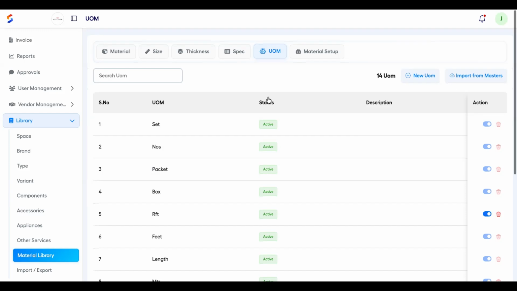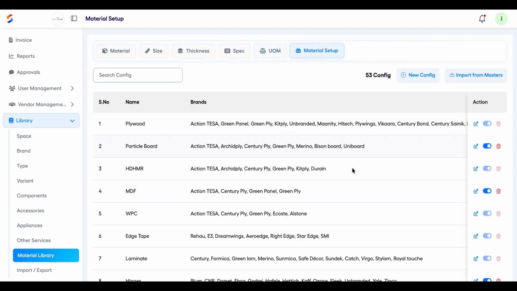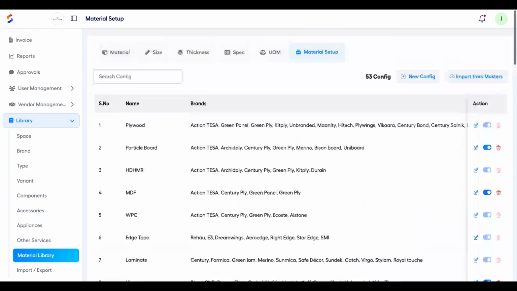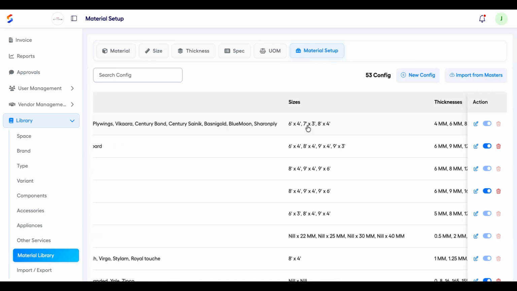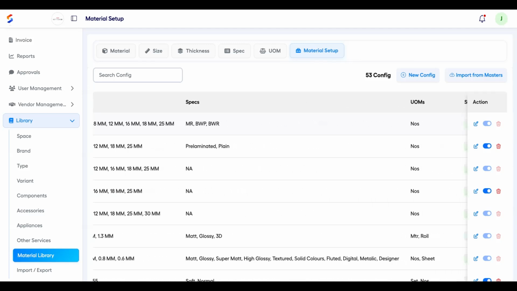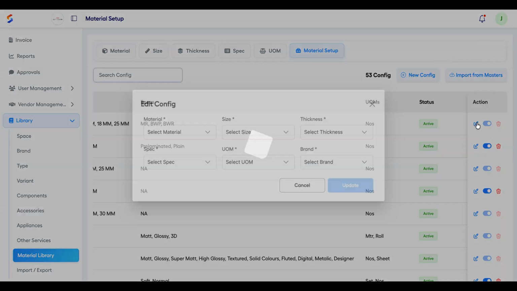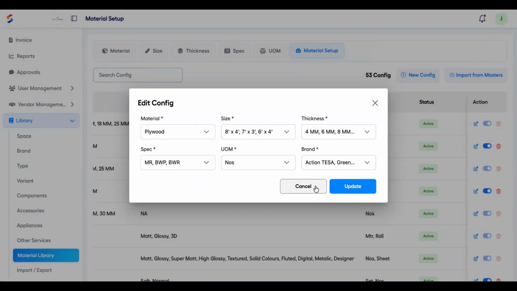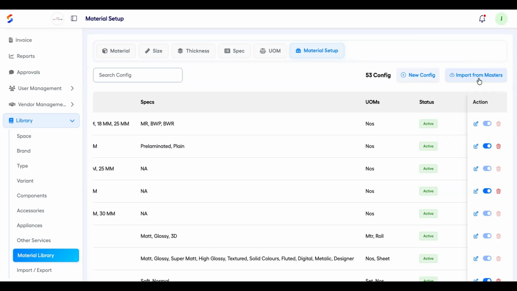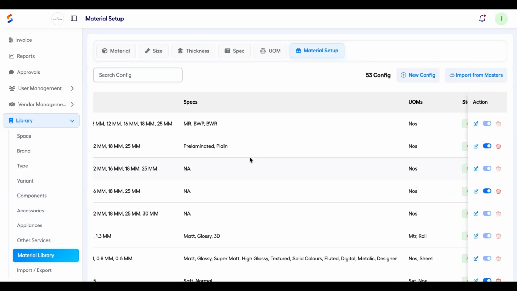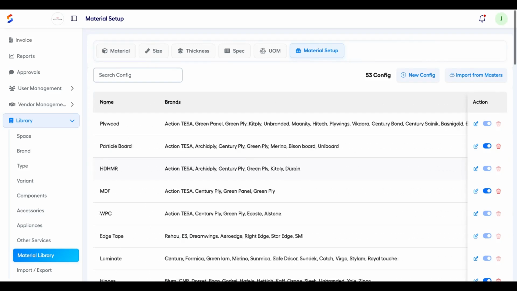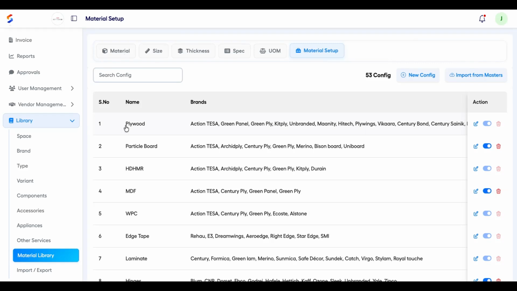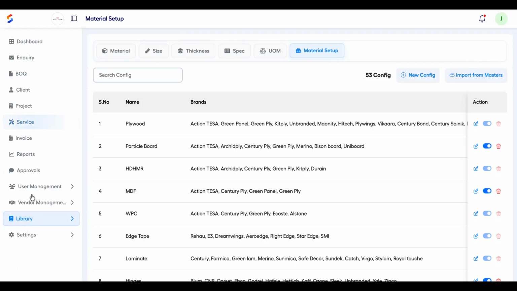etc., square feet, whatever. So the material setup will give the entire list, combination and permutation, of plywood in all these brands, in all these sizes, in all these thicknesses, and you can also edit them by adding more information here and updating the same. So by just clicking import from masters, you will have all the preloaded data which you can also append in the future. And this material setup will give you the material library completely loaded,